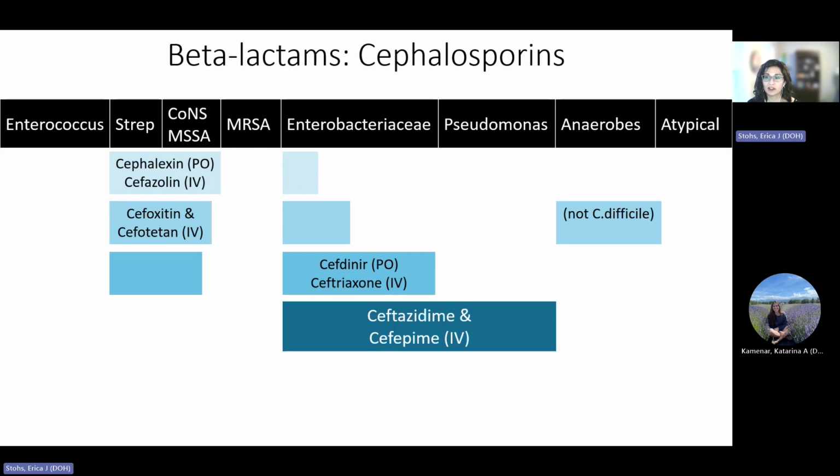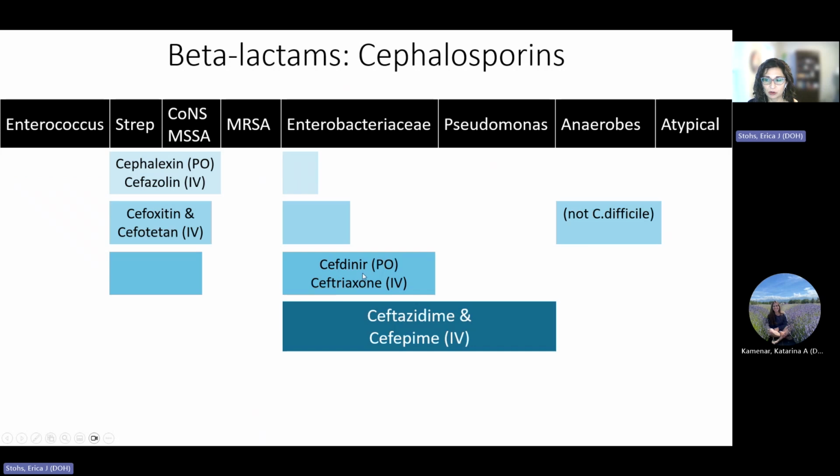So let's move on to cephalosporins. There are many, many cephalosporins if you look these up. These are just a few examples of the most common, and these are also in order of generation of cephalosporin in general, with one exception. But at the top here, these are first generation cephalosporins, cephalexin and cefazolin. The second generation, cefoxitin and cefotetan, have similar coverage. You're going to see as we go through generations, we pick up more gram-negative coverage. The special thing about second generation cephalosporins is they have some anaerobic activity.